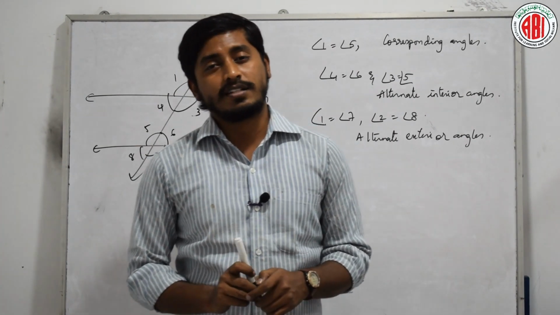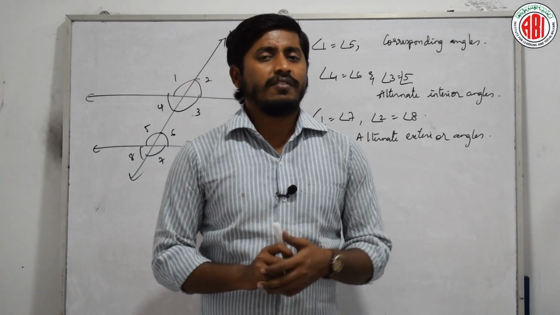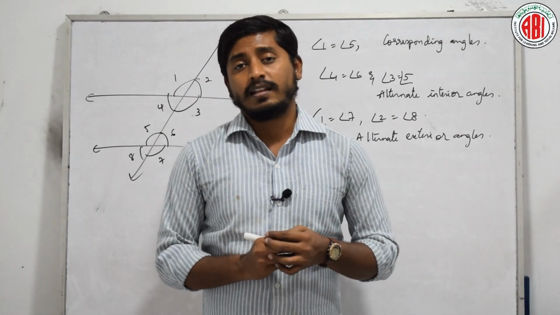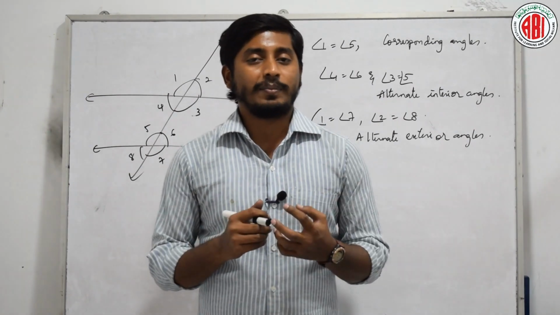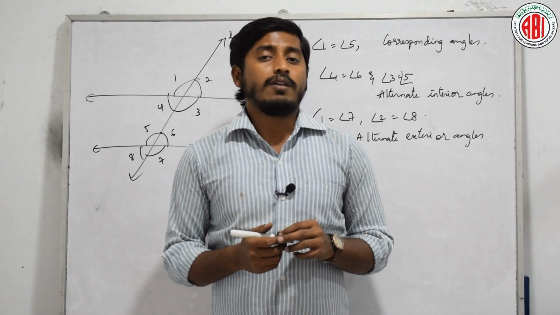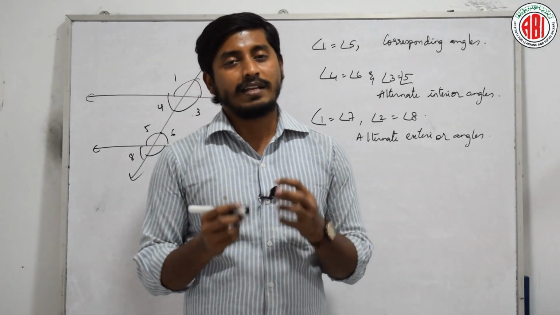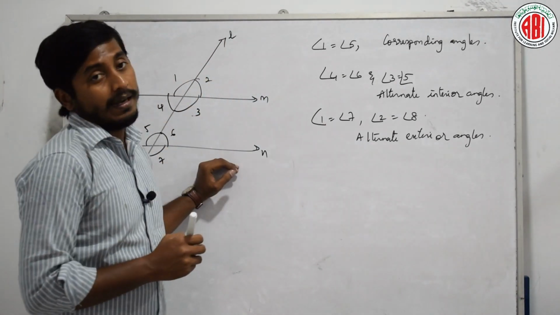We started a discussion with the chapter that is lines and angles. What did we learn? We learned what are the different types of lines and angles, intersecting, non-intersecting, right? And we learned a few rules also, such as linear pair, complementary, supplementary, right? Fine. Now let us learn a new, very interesting and very simple topic, that is parallel lines,